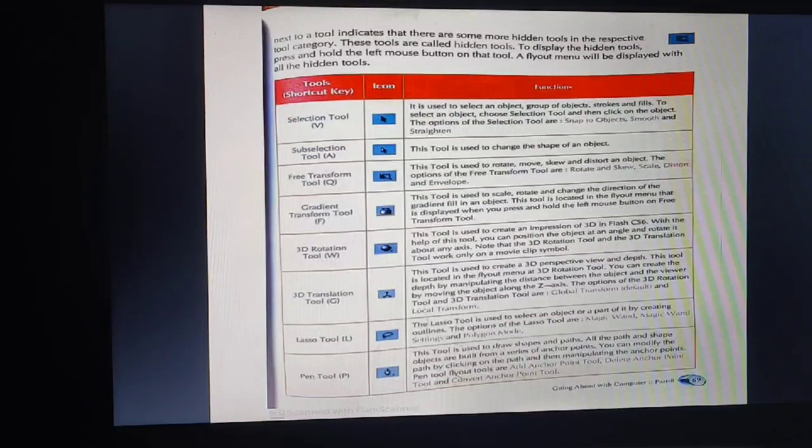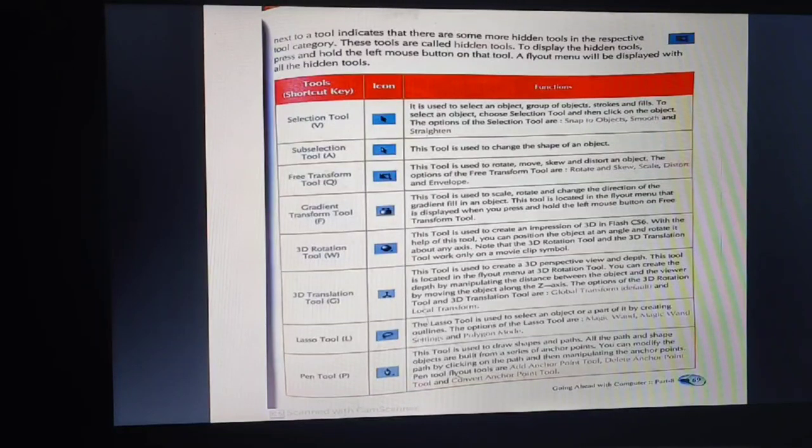The options of the 3D rotation tool and 3D translation tool are global transform, default and local transform. If you want to add depth and a view to it, you will move it along the z-axis.